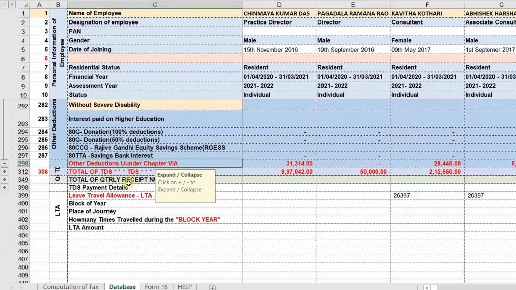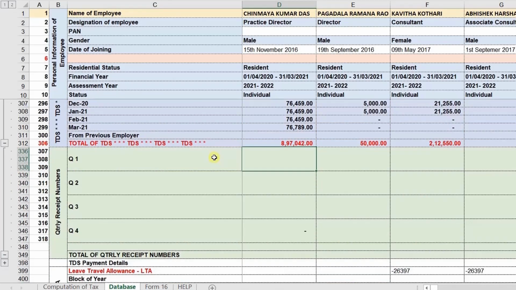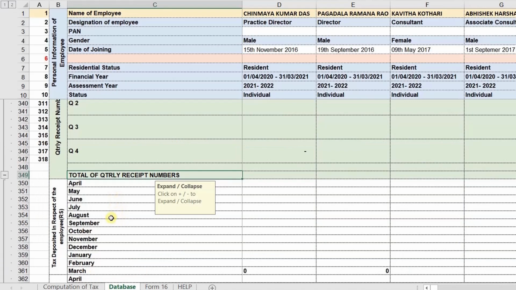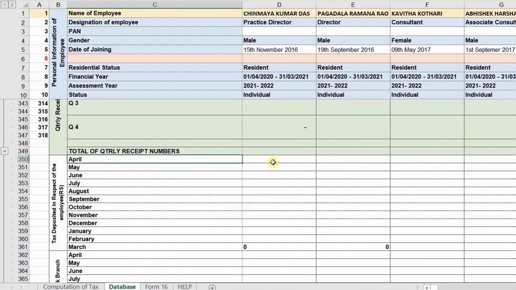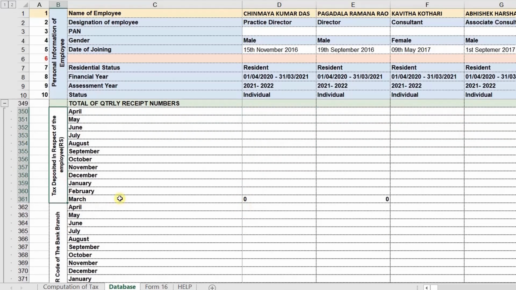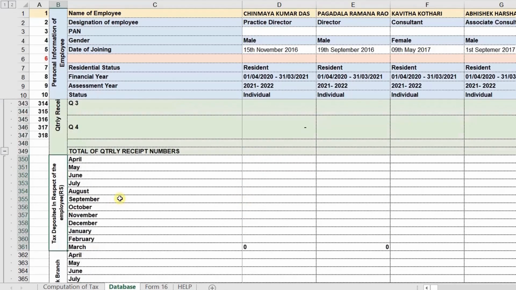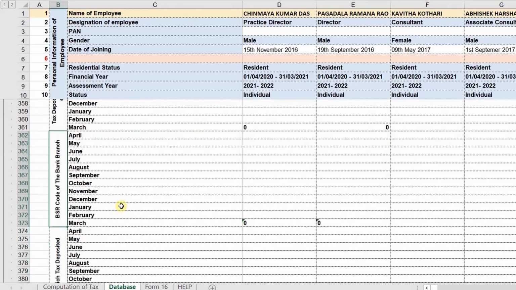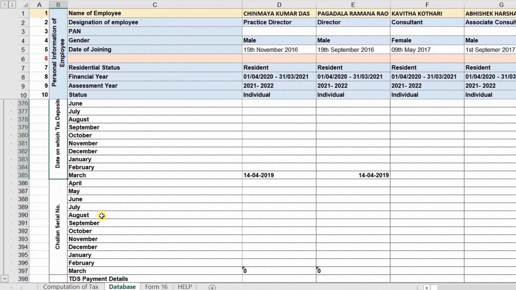Coming to the next part, it is related to the TDS deductions as per the quarterly return of TDS, 24Q. This data will be taken for the comparison of how much tax we paid and how much balance tax we have to pay. Here also it is asking for the tax deduction details, and we have to mention the monthly deduction details here, tax deposited in respect of the employee, the BSR code, date on which tax was deposited, challan number,